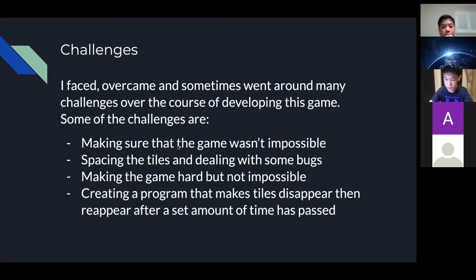Number one, making sure the game was not impossible, otherwise it would not be fun. Spacing the tiles is hard.